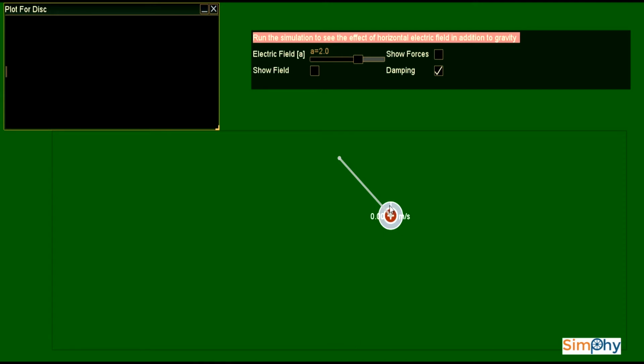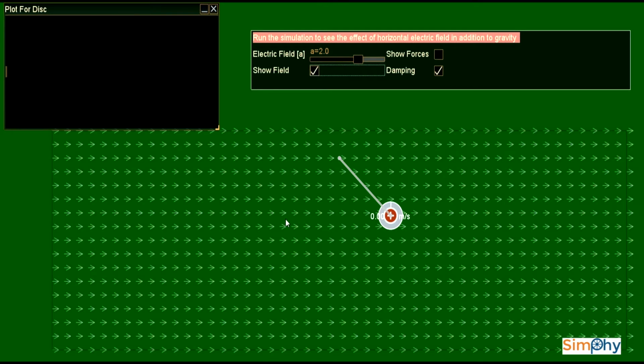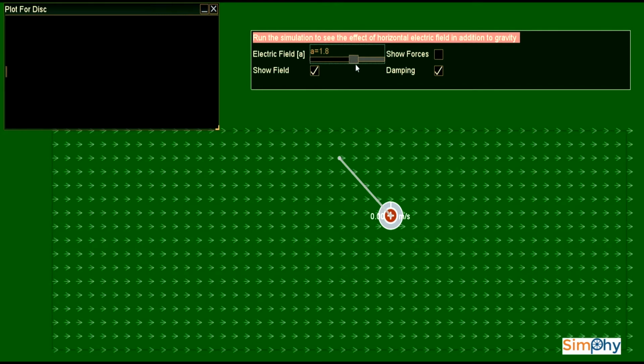In this simulation, we are going to see the effect of horizontal electric field in addition to gravity. Here, electric field is having a slider. We can change the electric field as per our wish. If you want to see the field, we can click on this icon and we can see the field here. We can change the field as per our needs, the strength of our field,